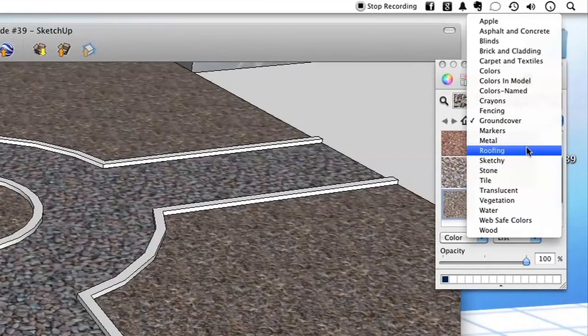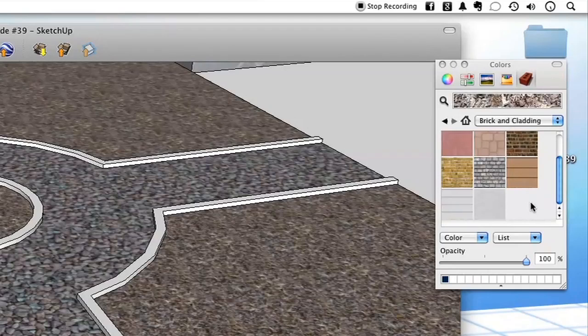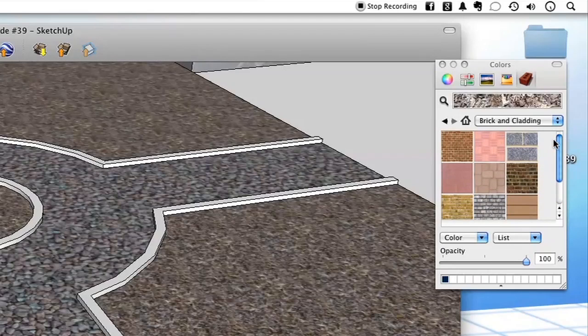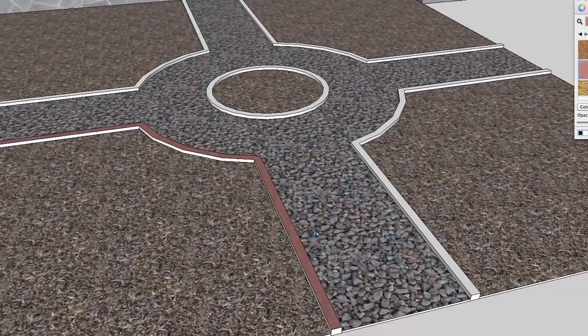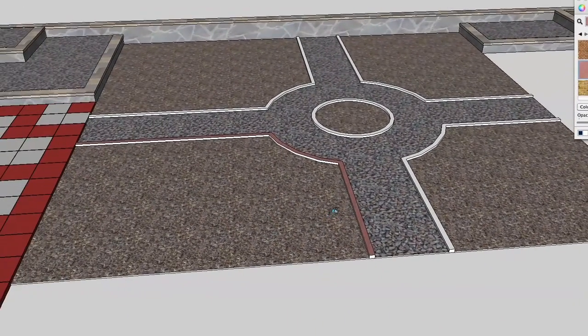Let's go with something like brick and cladding. See what we've got there. And let's try this guy and see how he looks. That looks just about perfect. Now, I'm going to undo applying that texture real quick. Remember that